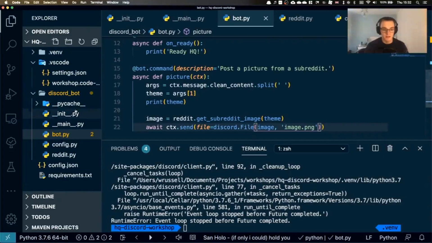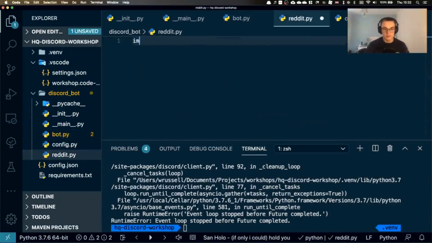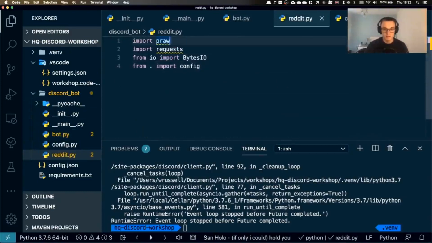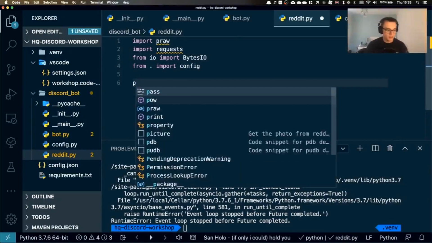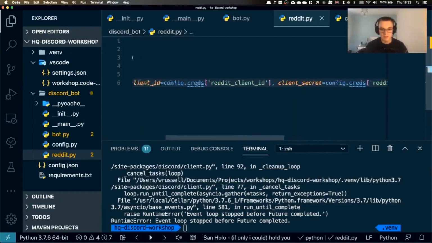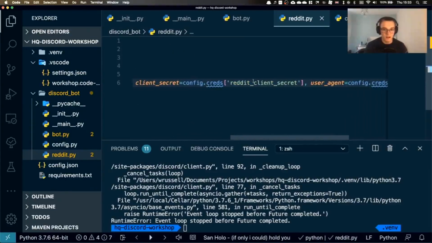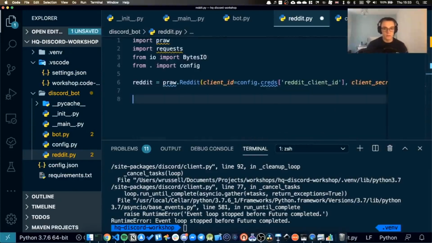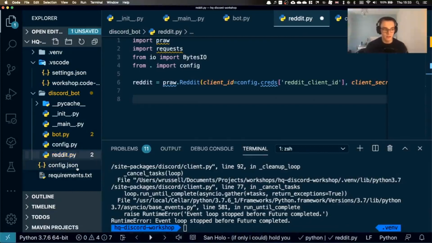Sorry. So now if I go into the Reddit file, we need to import some Reddit stuff in here. So we can import the Reddit library and requests, which will allow us to get the image from a URL, bytes.io that will allow us to actually do something with the data, and the config file. Now we've done that, let's make a Reddit object. So if I type Reddit equals, what this does is it will create a Reddit object, and it wants the Reddit client ID, the Reddit client secret, and the Reddit user agent. Now, we don't have any of those yet, but we'll come back to those and sort those out in a minute. What we can do is open our config.json